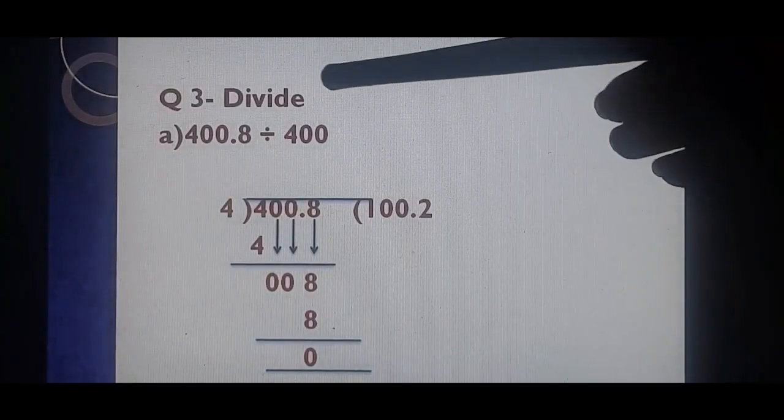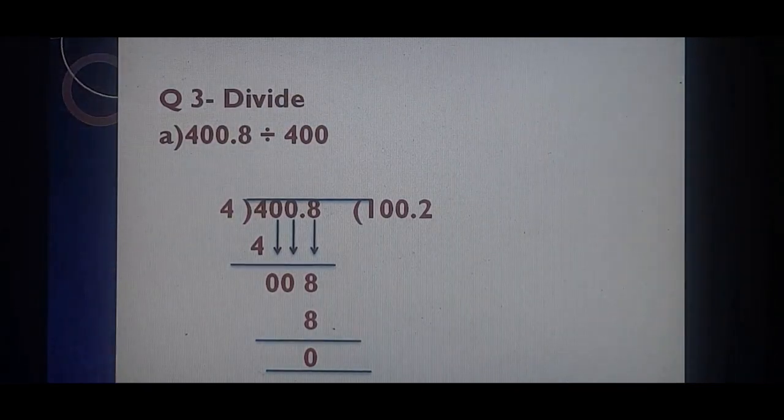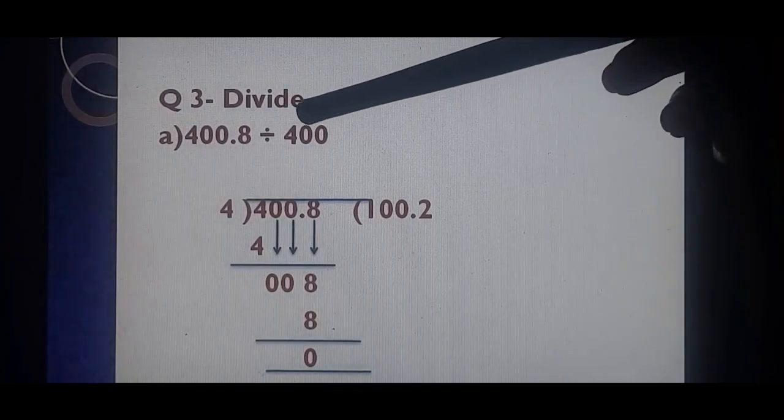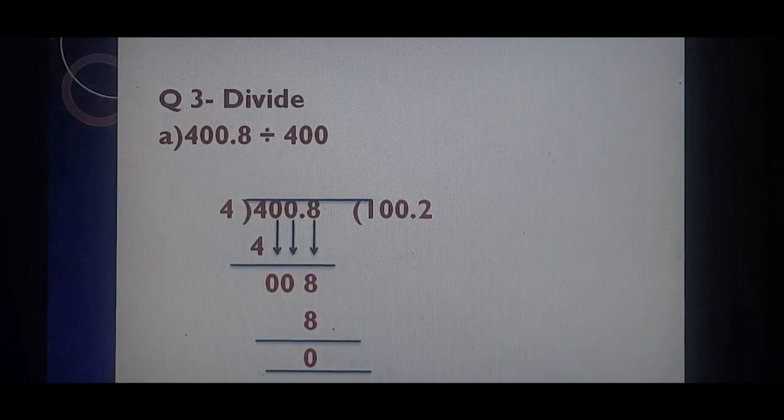Now question number 3. Divide 400.8 by 400. Beta, we have two methods. One is that we will do simple division by taking it 400. Second is we can change this in the form of fraction. Okay, these are two methods. And third, what we can do, we can take zeros at last. First of all, we will do simple division if the numbers are in the form of hundreds, like 400, 40, 4000, 3000, 2000. Then we will do simple division with 4, 3, 2, and then we will check our answer by adjusting the zeros. Okay.